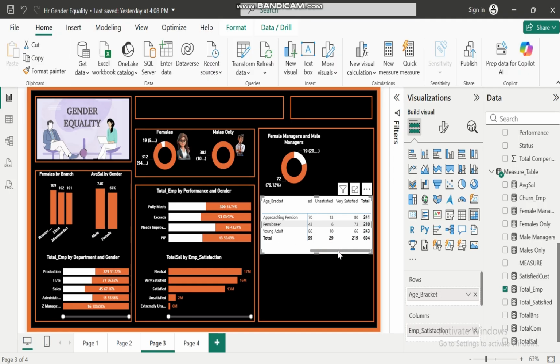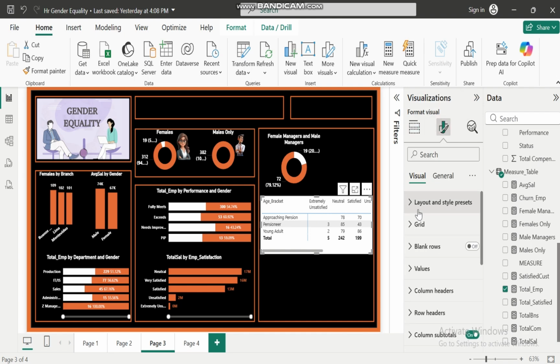So very satisfied, all right. We have the approaching pensioners being very satisfied as compared to the young adults and then the pensioners. And so this just gives you something that you can use to communicate to management. And so we can just go in there and start